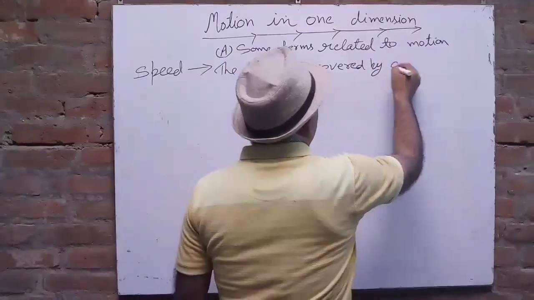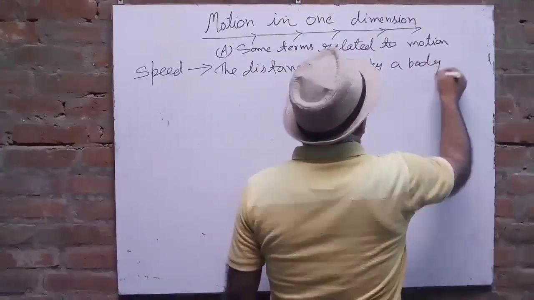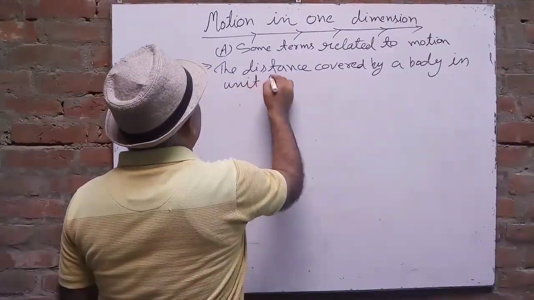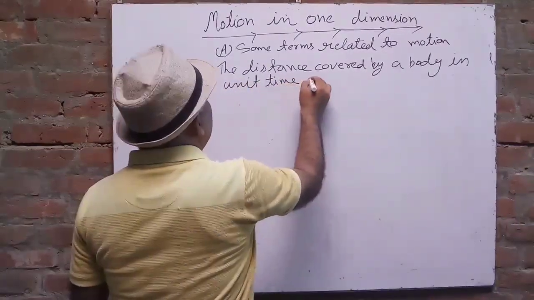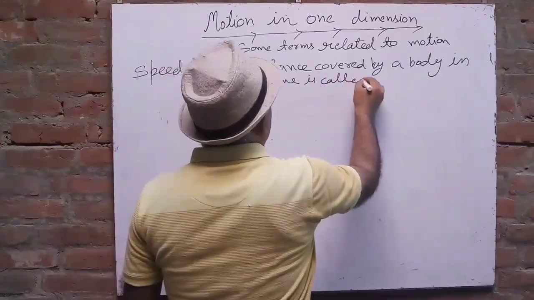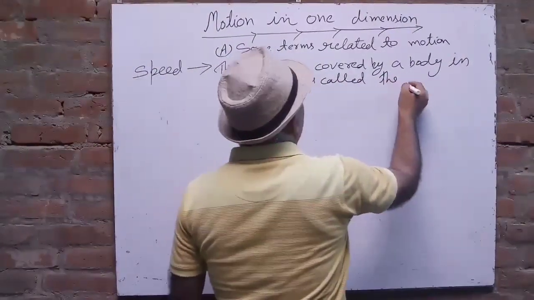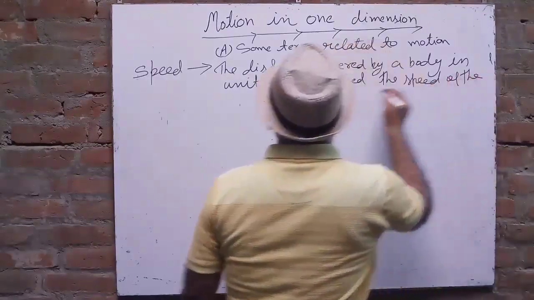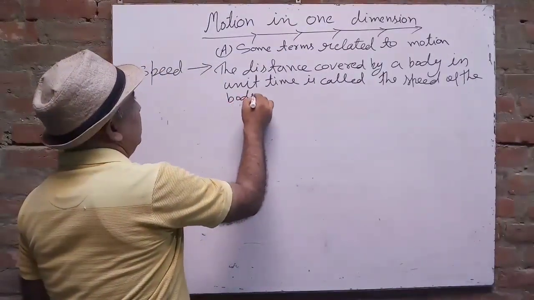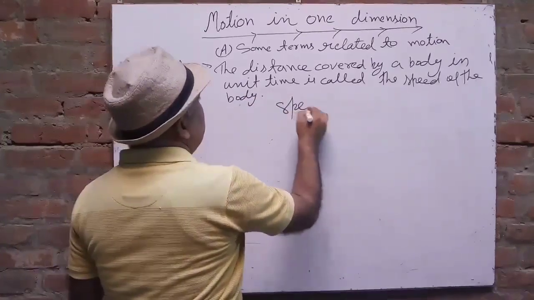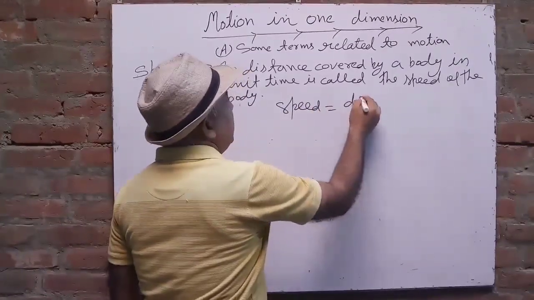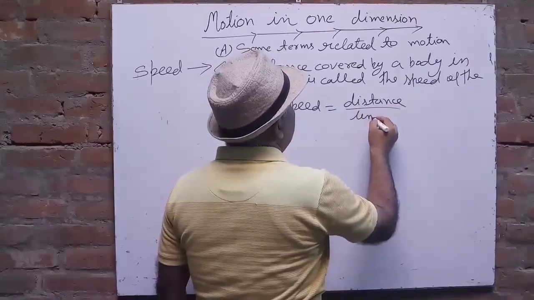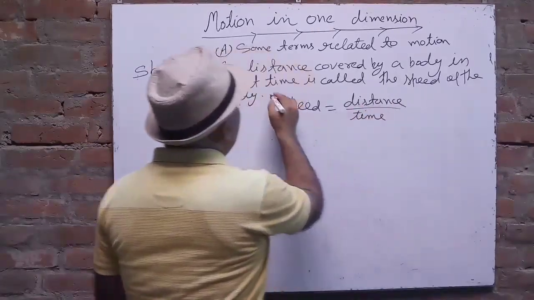The distance covered by a body in unit time is called the speed of the body. It means speed is equal to distance upon time. Okay,